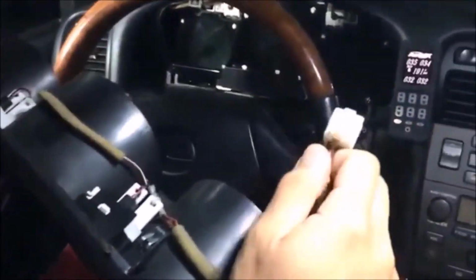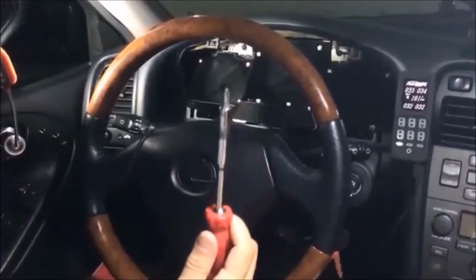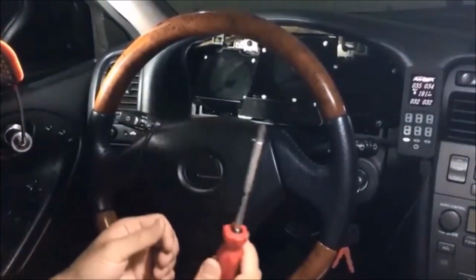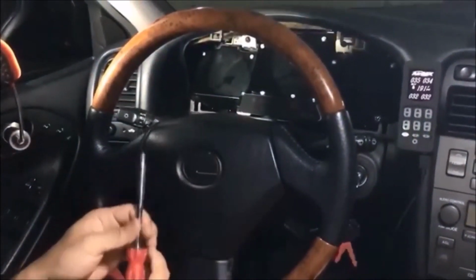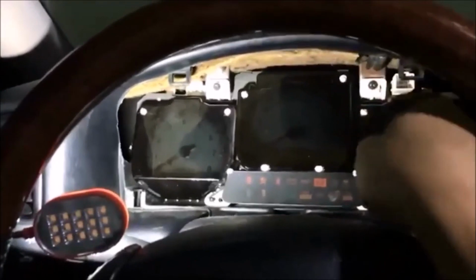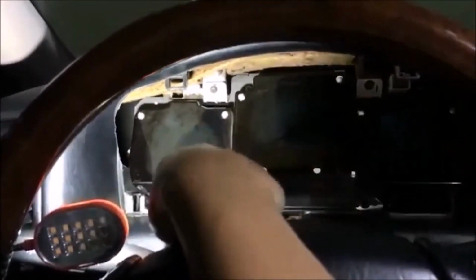like this little tab. Take a screwdriver and make sure it has a magnetic tip, because it's a pain if you happen to lose these screws. There are 4 screws, one here, one here, one here, and one here. So